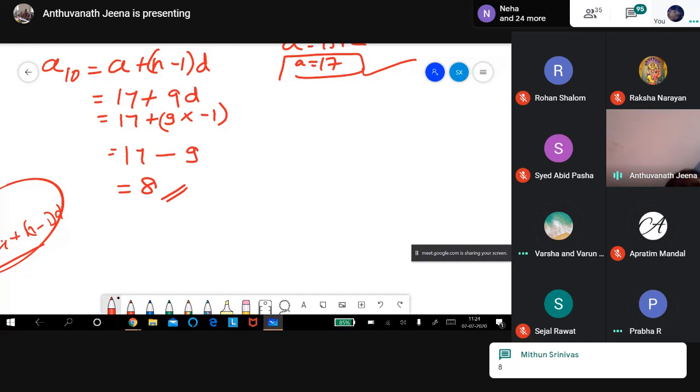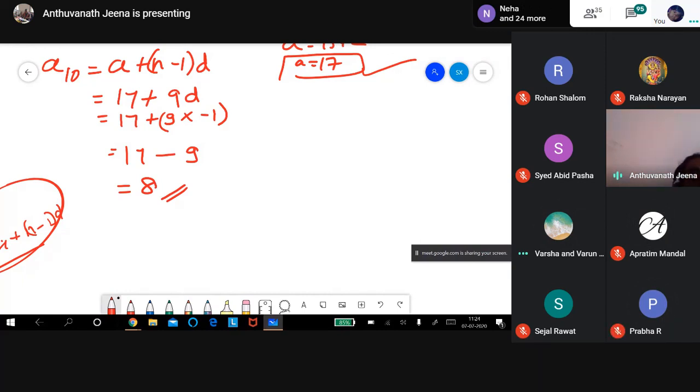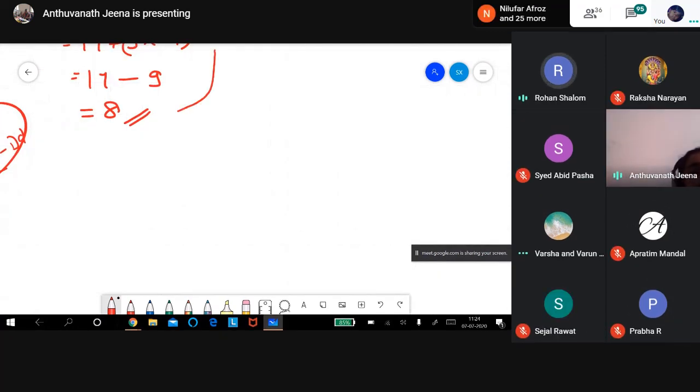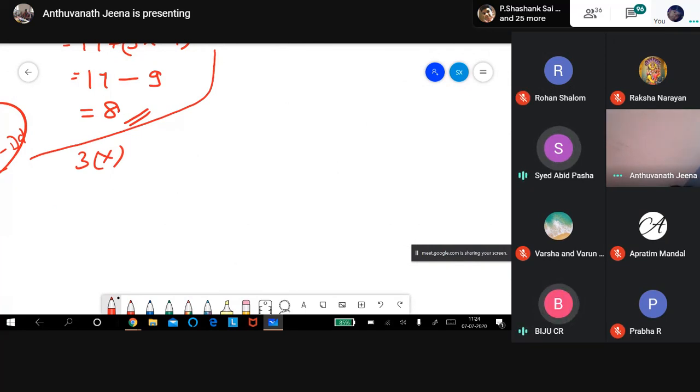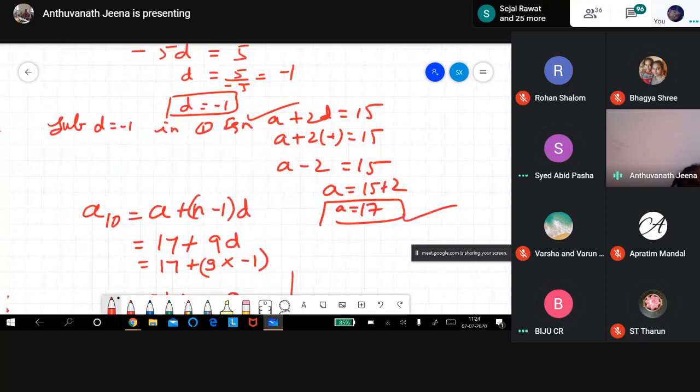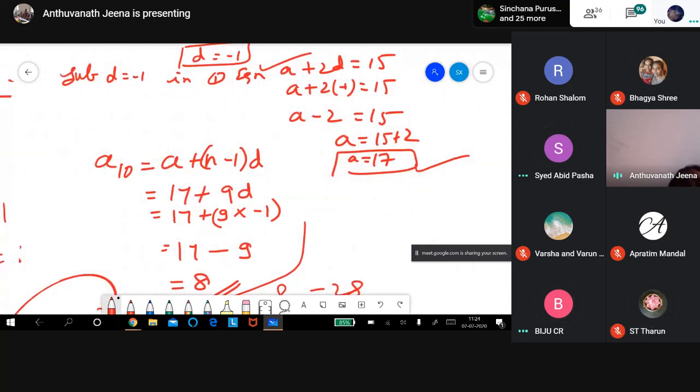If you want, we will do the last sum. Okay, now Saida, tell me the last sum. Naresh, Abhijit, any one of you. Last sum, third main, last sum. 10th sum. Given L is equal to 28. Ma'am, can you teach the last step again? I'll see the recording. Yes, Bhagya, see here. Wait, others mute.